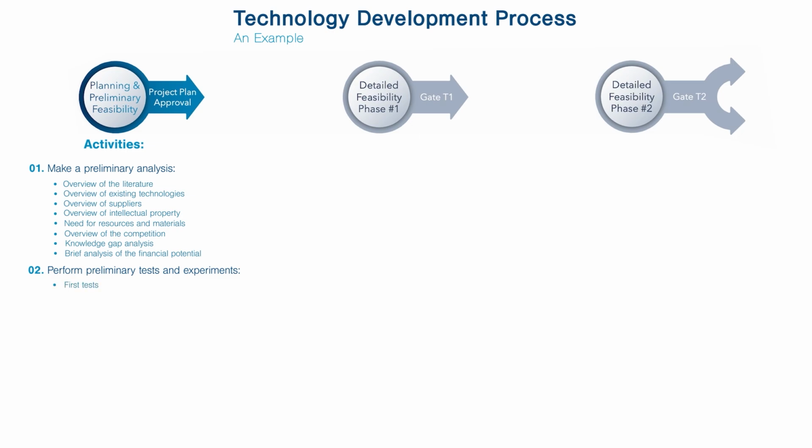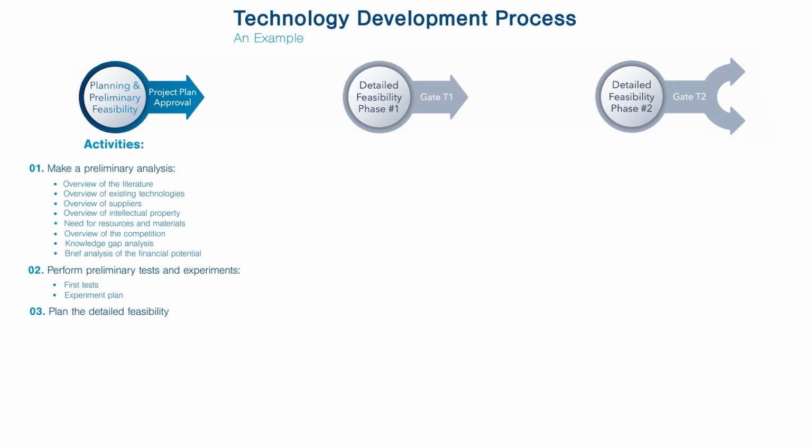The second step is to perform preliminary tests and experiments, which involves a first trial of the technology in order to test your riskiest assumptions. This test will guide you to design your experiment plan for the detailed feasibility phase. The third step is planning the detailed feasibility phase. This is an important step because its purpose is to deepen the preliminary analysis and evaluate when each activity will